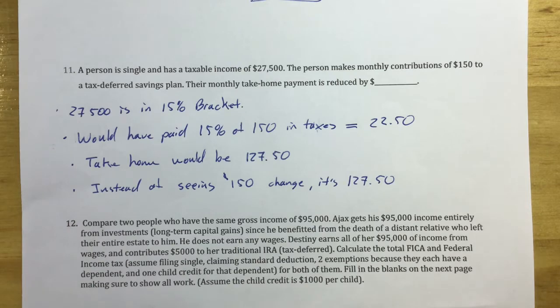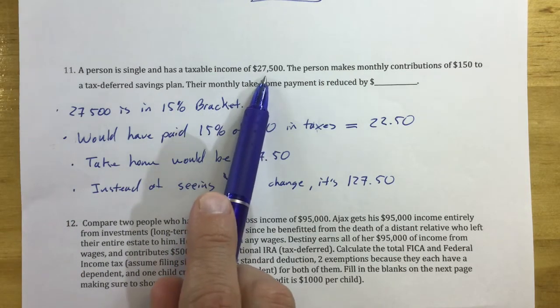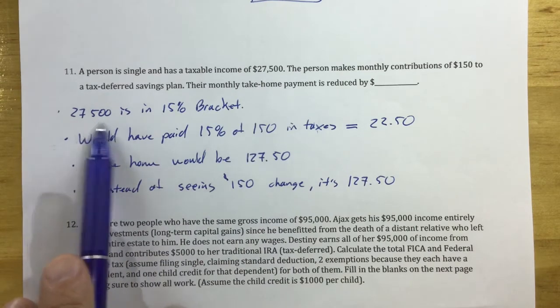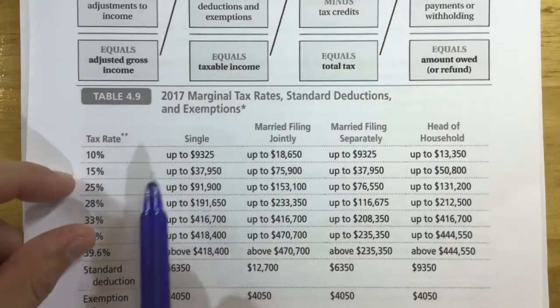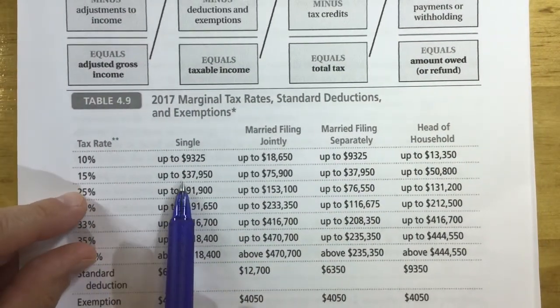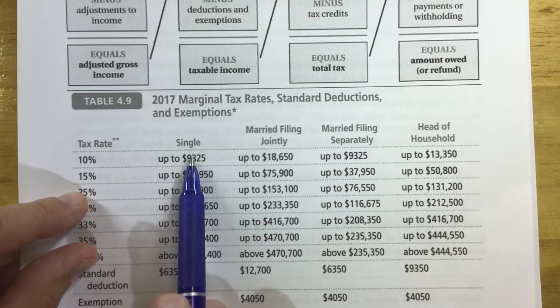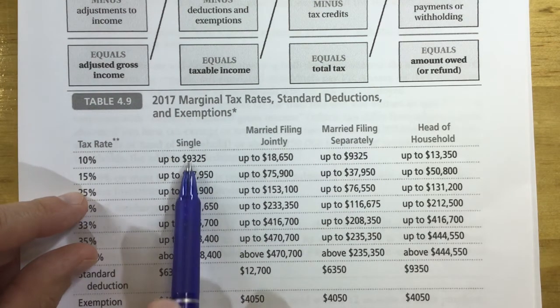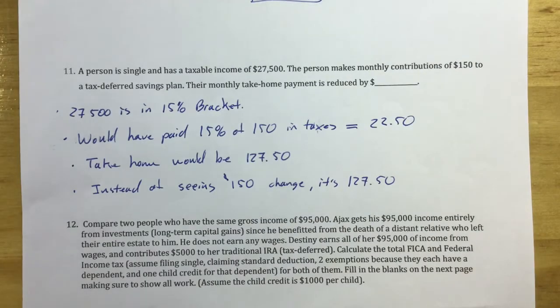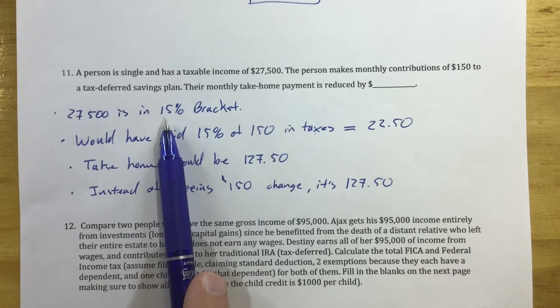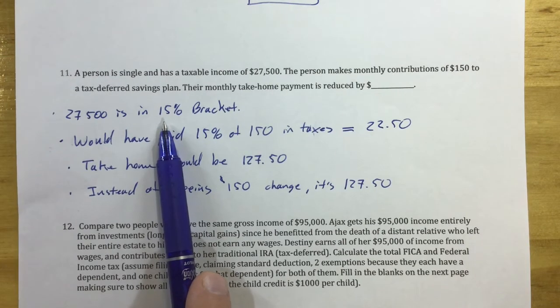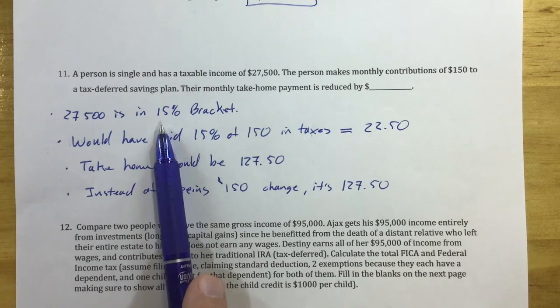Okay, first, we got to figure this part out here. The $27,500 is going to put this person into the 15% tax bracket, okay? And I think that's a safe assumption that they're going to stay within that tax bracket because 27,000 is still fairly far above that one on there, and we don't need to worry about moving into the 10% bracket. Okay, so the way this person should feel is that 15% of their money is taken away by the government. Again, that's not totally true, but the top part of their money, 15% is being taken away, and that's where